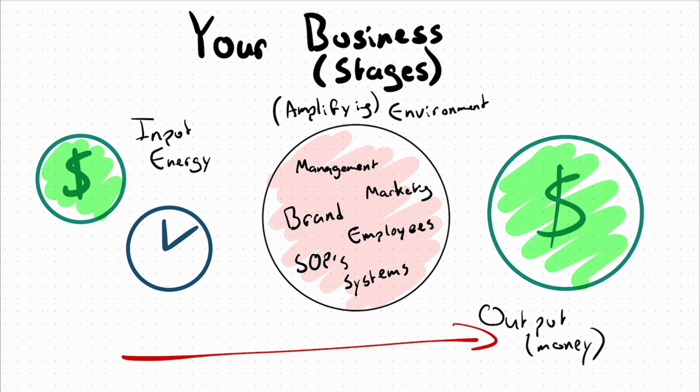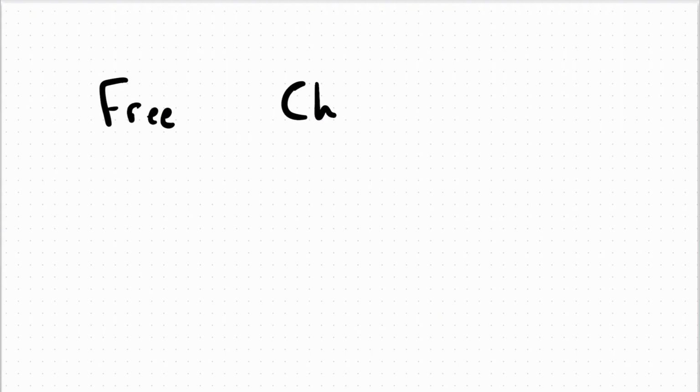Now, going into the nitty-gritties, we have three categories, we have four subcategories. These are invented by Alex Hormozi himself. A lot of the information that I have, I kind of got from Alex Hormozi, curated it into the home service niche, and then giving it to you guys right now. So we have free, we have cheap, and we have paid.